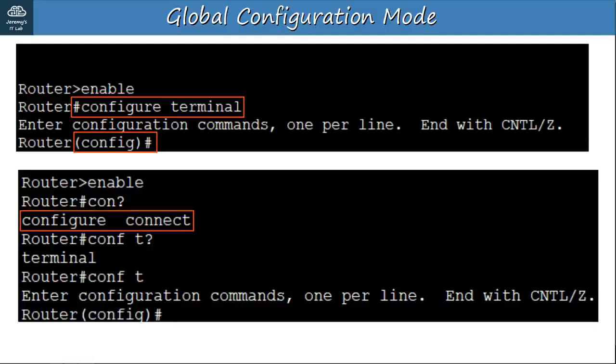Notice I type con followed by the question mark, and there are two options, configure and connect. So the shortest possible command for configure is conf, C-O-N-F. However, terminal is the only option beginning with T, so all I need to type is conf T to enter